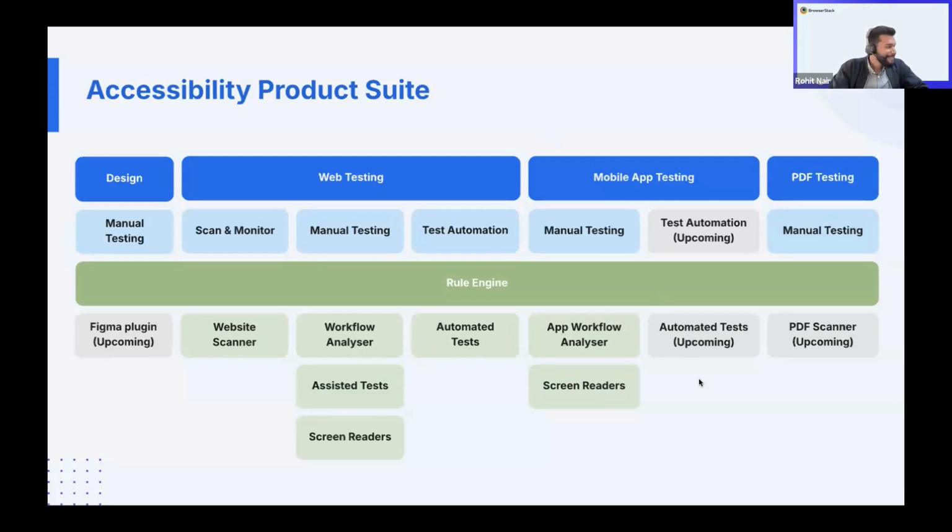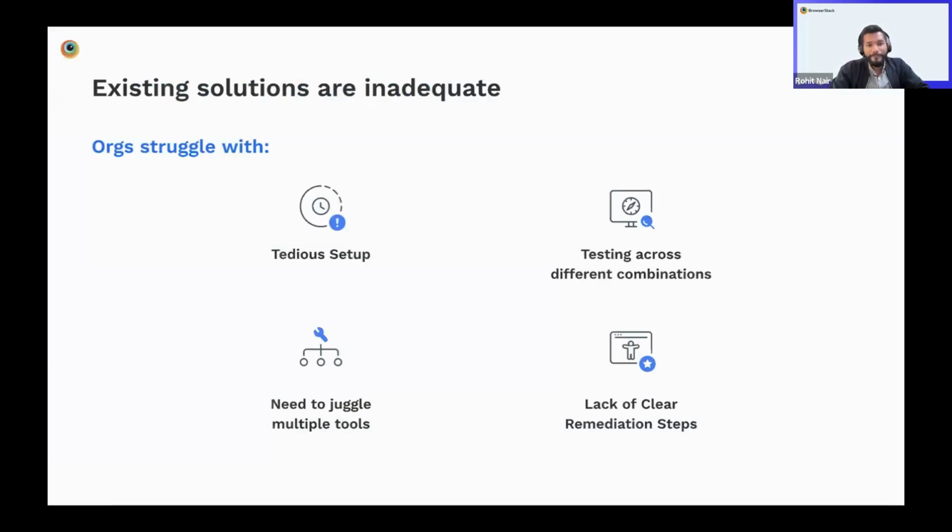Sure. Thanks, Mark. What we would like to also do is provide you a quick view of how we are approaching this problem, and why we as a company decided to go ahead and build accessibility testing over the last couple of years, and how we can help our customers.